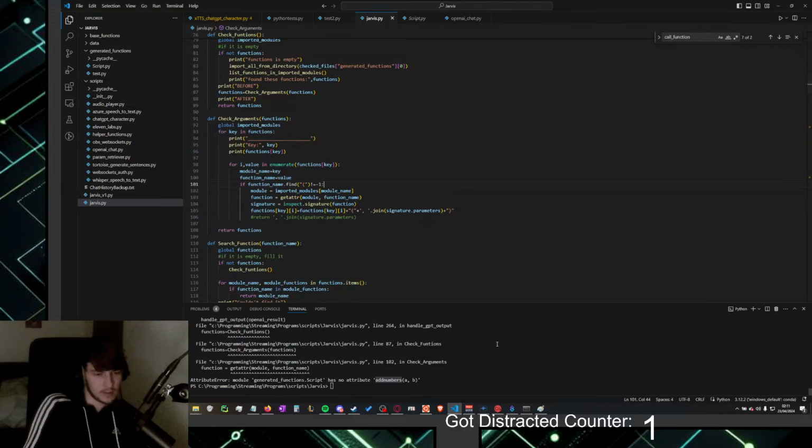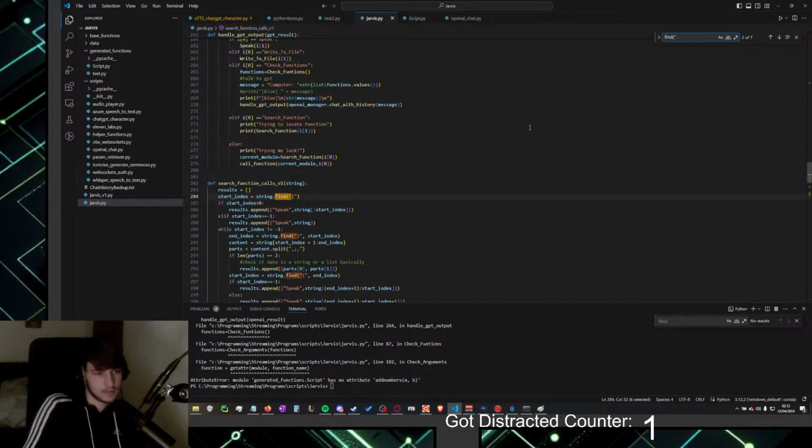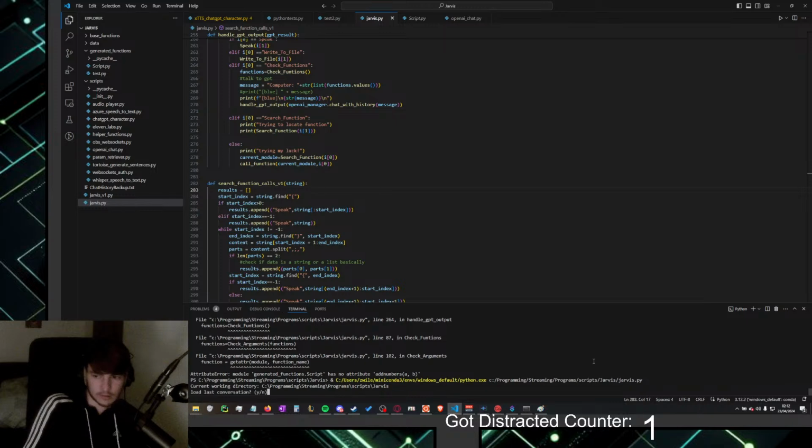Because that means if it gets checked twice, then the second time it will find the bracket. Find. And then it won't search for it and try to append things again.